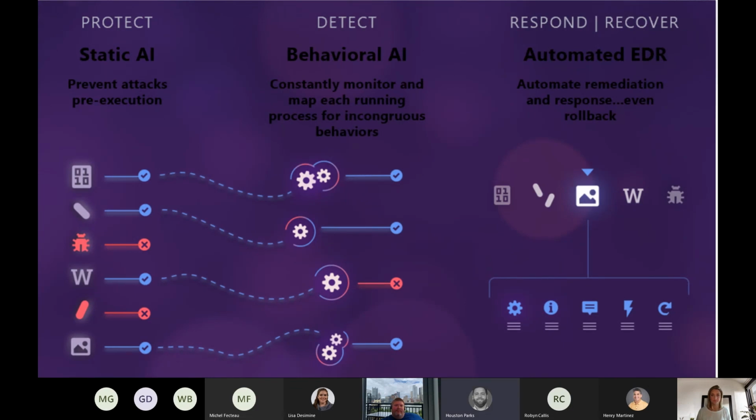And I want to take a moment on these next two slides and discuss detection methodologies and really how we respond to these detections. And when we talk about something like Protect or static AI there on the left-hand side, this is what we use to kind of help prevent pre-execution attacks. And AV traditionally does this and does it well, right? Now, with the EDR technology that we include as part of Fortify Endpoint, remember